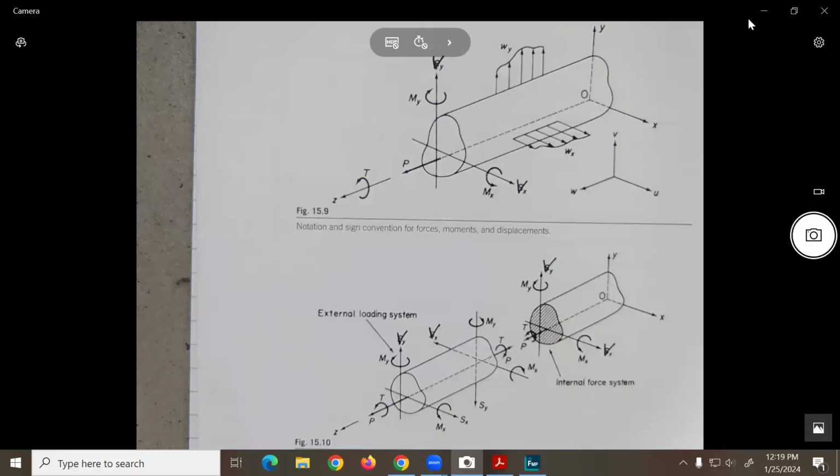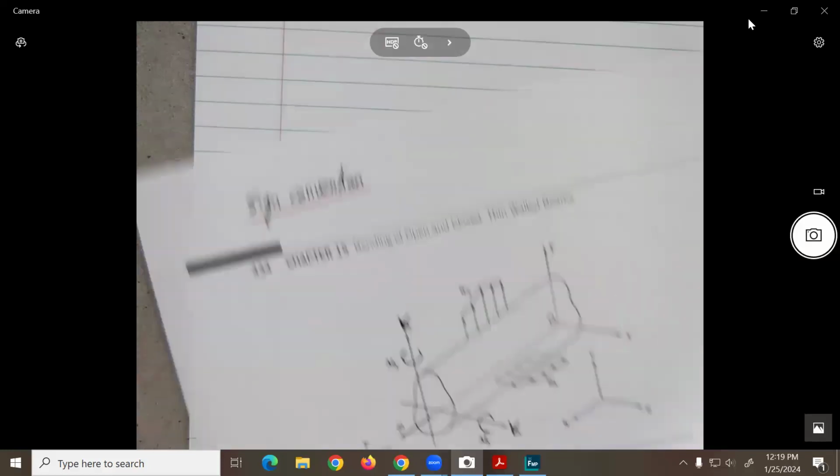Okay, so 2 more minutes. Do you need more time to copy these figures or you got them? You got it? Anyone needs more time? No? Okay, so here we go. All right, so